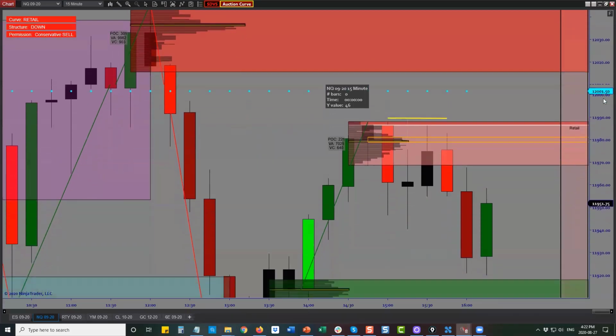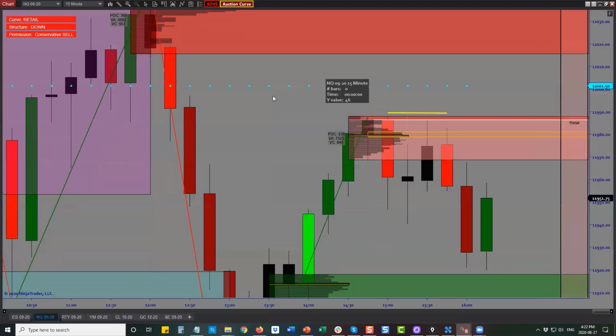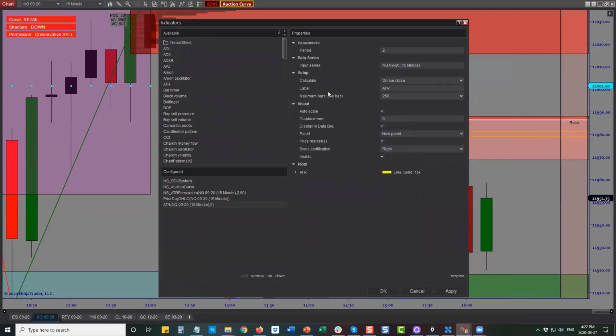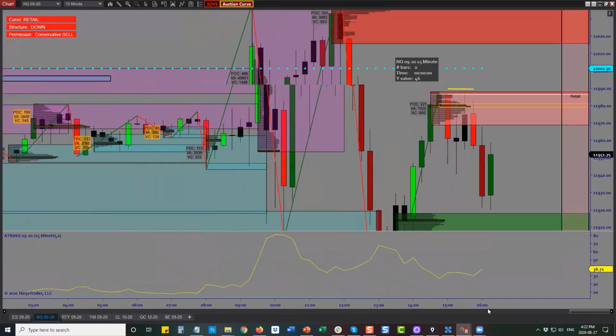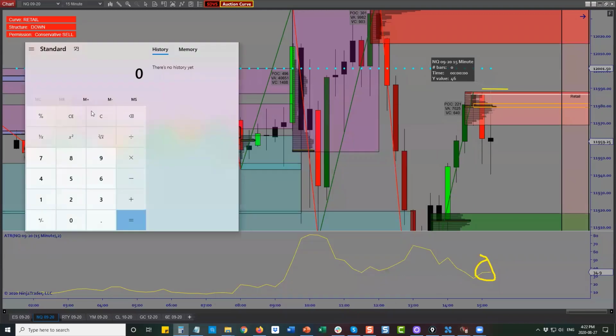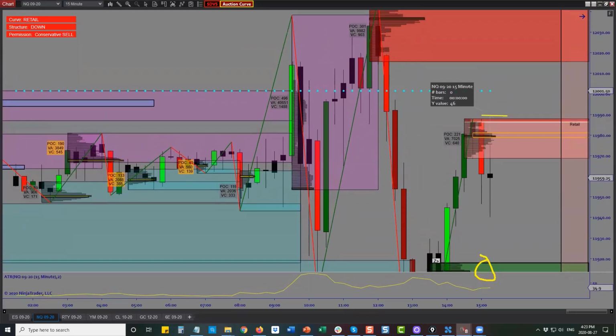So what I normally like to do is add an indicator called the ATR, the average range. And the reason I like the average range, I'll explain why. The ATR allows me to look at current volatility, okay? So if I can look at current volatility and I say that at this time, the ATR was about 35 ticks, then normally what I'll do is I'll try to take, you know, probably about 1.3. So 35 times 1.3, 45 brings me right back around the same size stop. So my stop will be about that right there, which means that this trade produced a pretty solid R multiple on that,